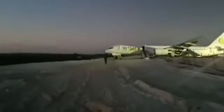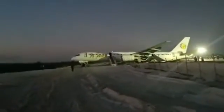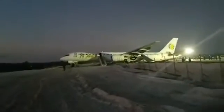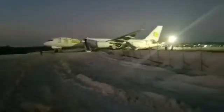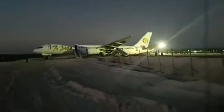Again, we're trying to get some information about the airport and the situation here. Usually when these incidents occur, they would shut down the airport for a while until given all clear from the authorities. So there are a few flights that are currently on their way to Guyana. They might have to redirect those flights to